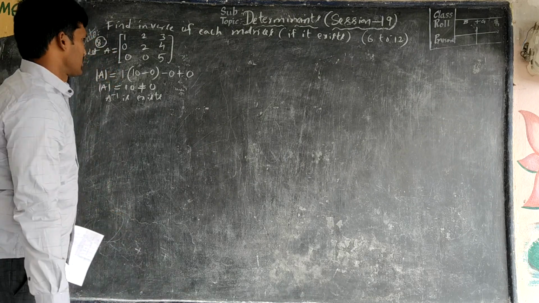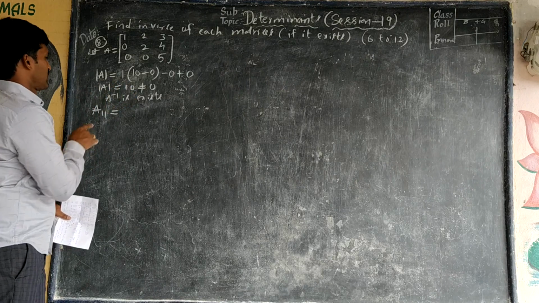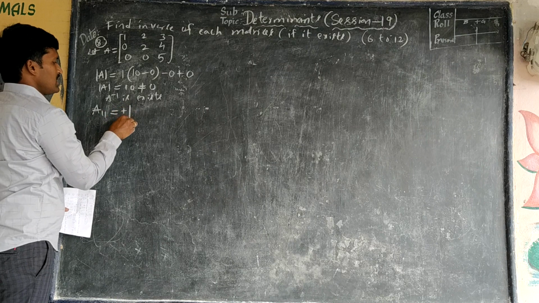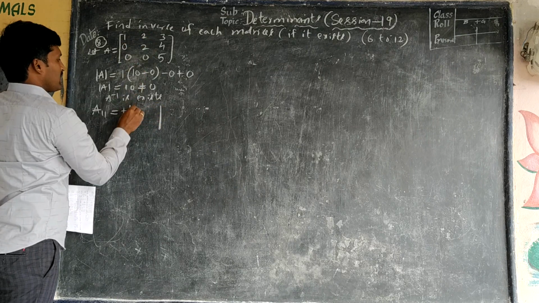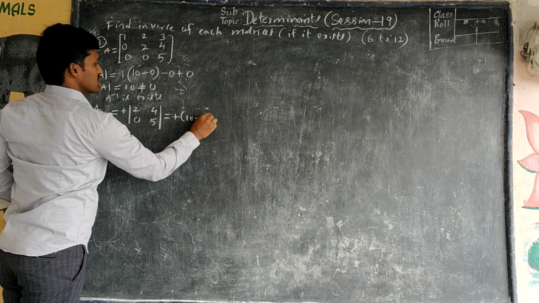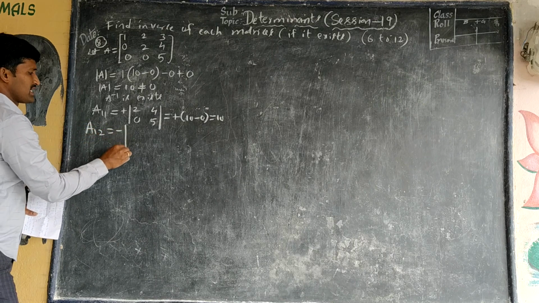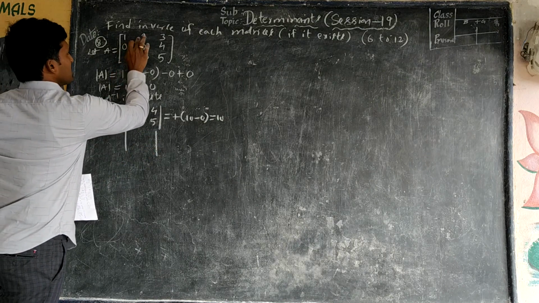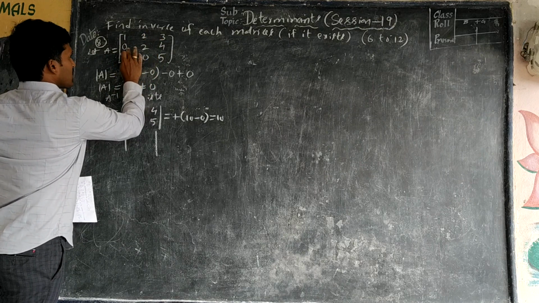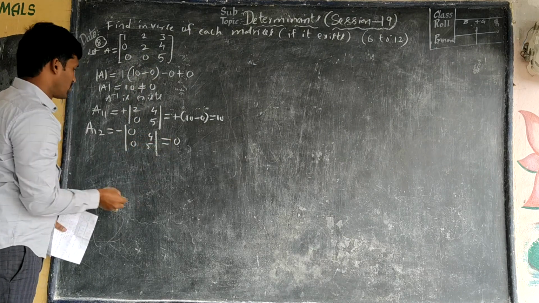We need to find the cofactors. Cofactors means first we need to find each element's cofactor. First, this is the element in the first column. The symbol is A11. The sign is plus. By deleting its row and column, the remaining elements are 2 4 0 5. 10 minus 0, that is 10 clearly. A12, the sign is minus, deleting its row and column. This is the element 1 2, first row second column. Delete its first row and second column, remaining 0 4 0 5. 0 4 0 5 means the value is 0 only.